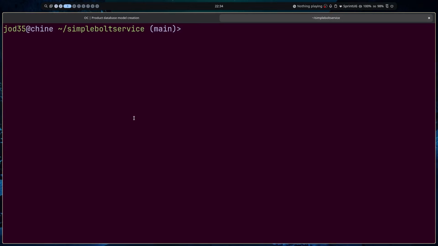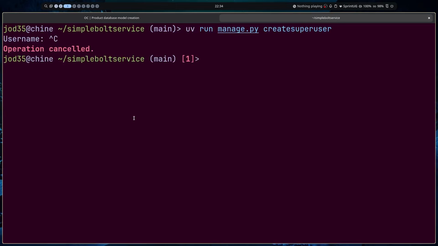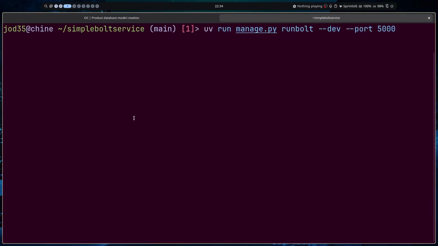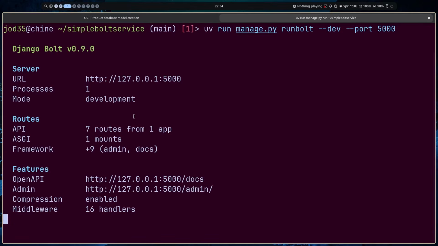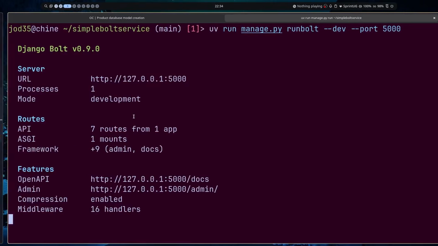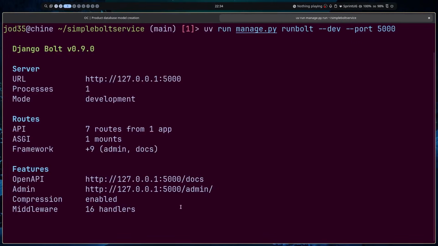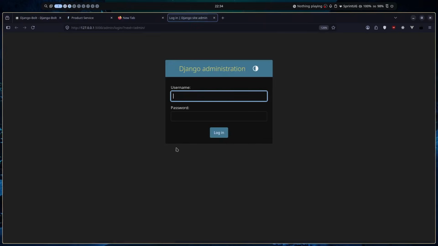A super user will be created. So let me rerun our server again. I think I've made a mistake here. I run the server and head over to our admin. This time, if I log in with my username and my password,